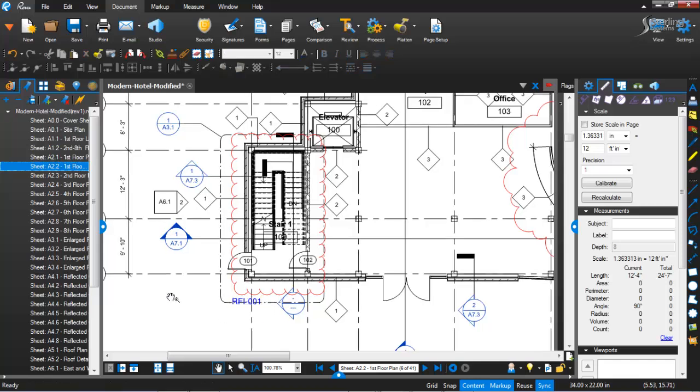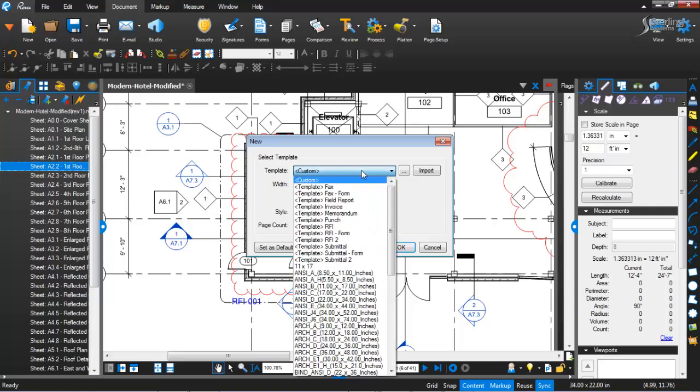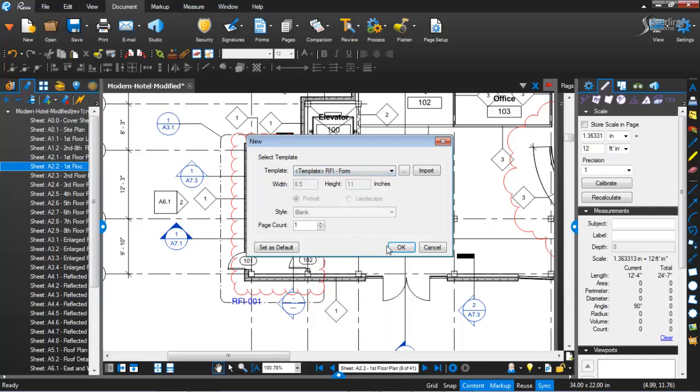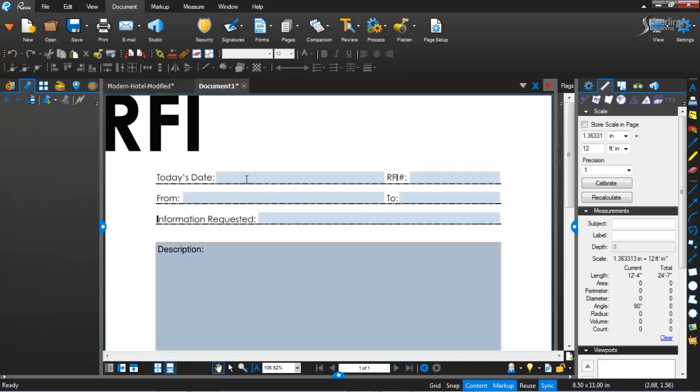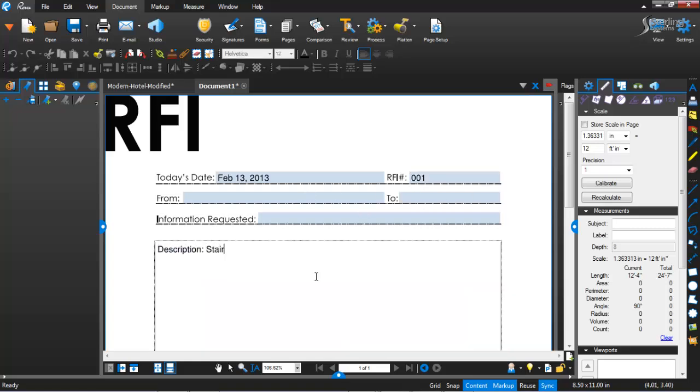Okay, but in order to create this RFI, I want to show some more information. So I want to hit new. I'm going to create a new PDF here, and throughout our process we've created some templates, and I'm going to create an RFI Form Template. We hit OK. We're going to type in our dates, and we're going to put in numbers, everything that's from to whatever description, stair material,